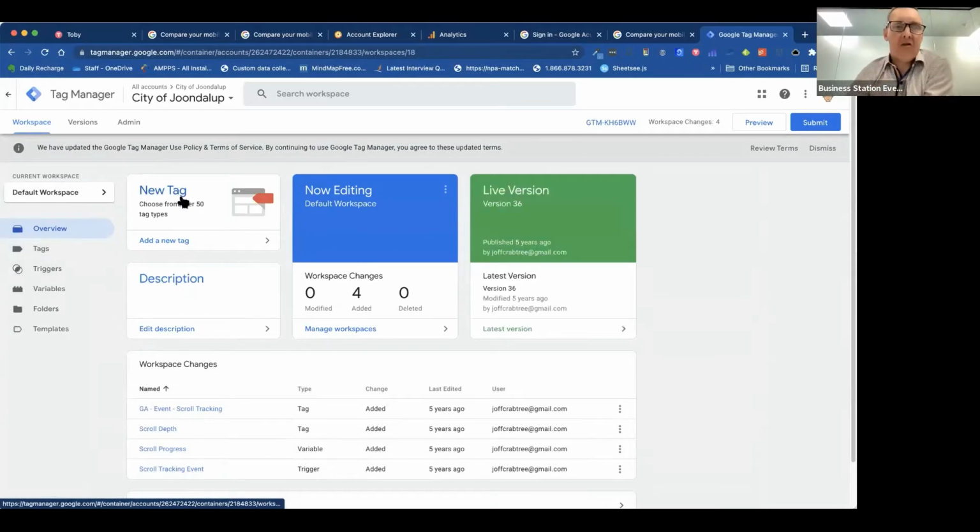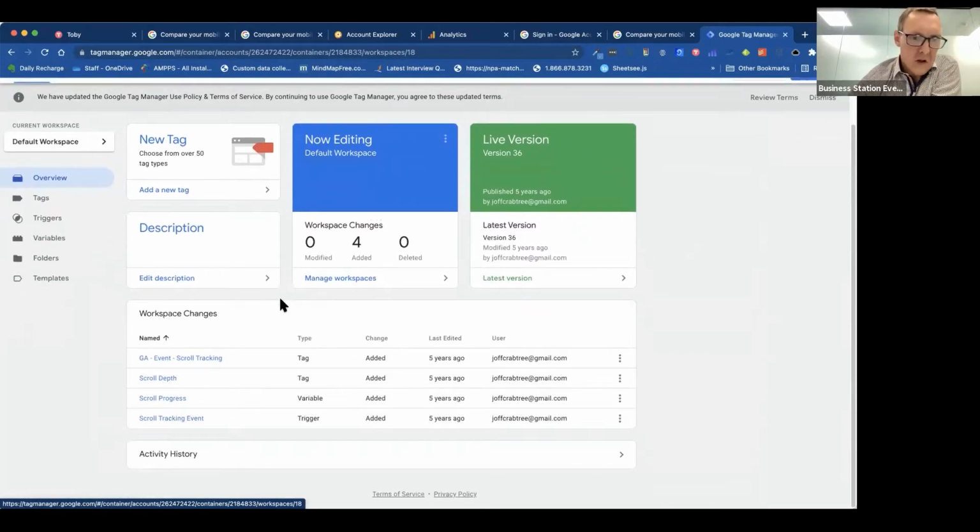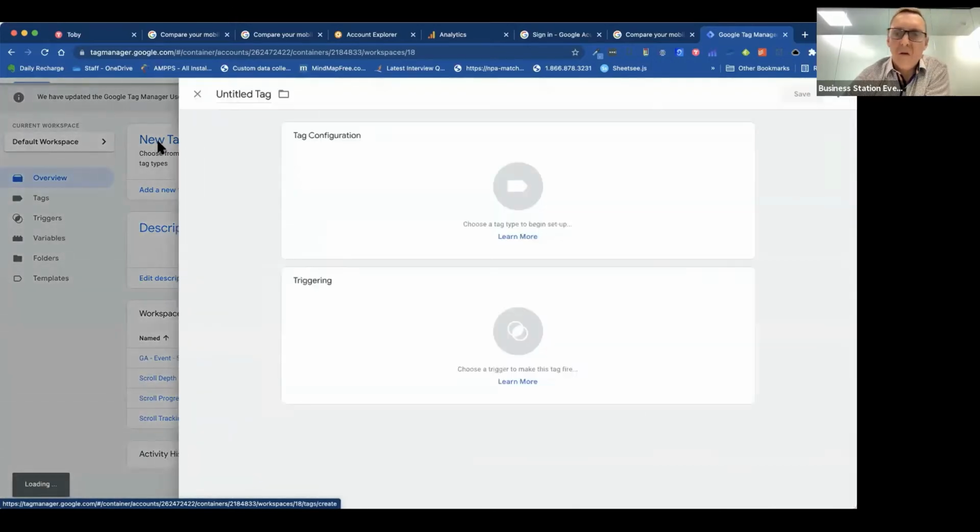So Google Tag Manager is a tool that enables you to track events and custom parameters and load that all into Google. If we look here, we've got the most recent changes around tracking scroll depth, seeing how far people read through content and passing that into Google Analytics. That's done by creating tags. So if we click on new tag here